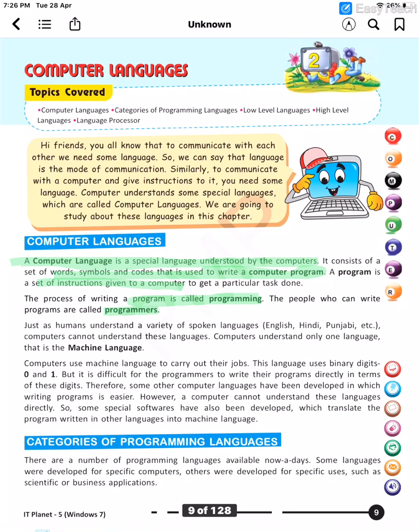Now, why is there a need of language for the computer? In order to make the computer understand, basically, like we all speak so many different languages, isn't it? But computer cannot understand such languages like English, Bengali, Hindi, etc. So computer only understands a common language, that is 0 and 1, which we call machine language. In that machine language, the computer has basically a language which contains two values only of binary digits, that is 0s and 1s.